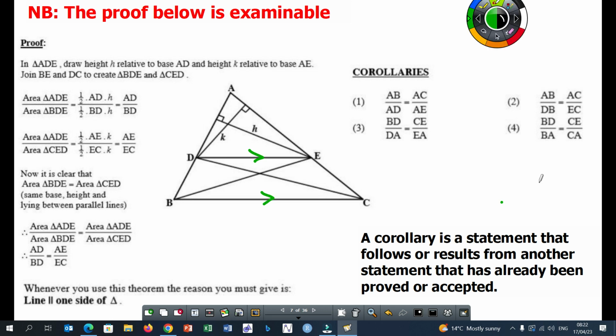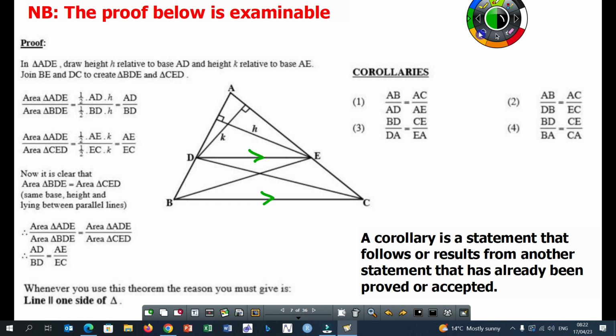Once you choose your two bases in triangle ADE, in this case AD, you must draw a height from AD to E. Then you also choose AE and draw a height from AE to D. Furthermore, you need to join B to E and D to C. Once you do that, you also have to go as far as